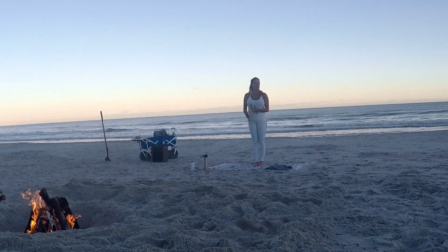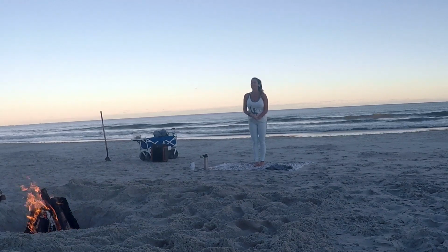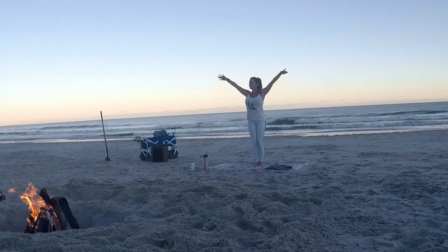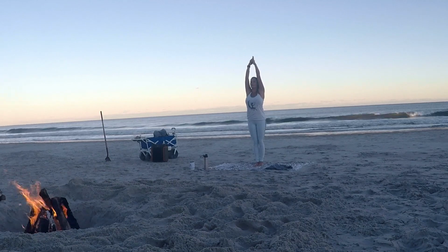So many of us are familiar with sun salutations. Well, tonight we're saluting the moon and the energy that comes with it. So we're going to inhale, the arms come all the way up. Reach the arms together at the top, point the fingers way up towards the sky, but roll those shoulders down